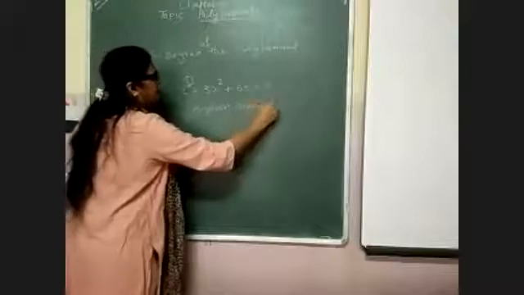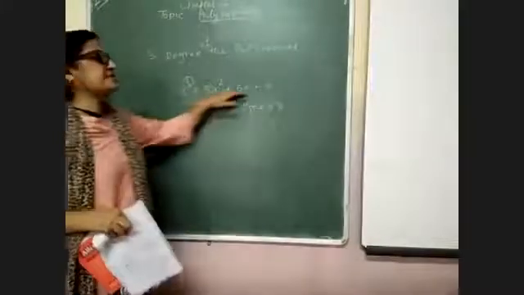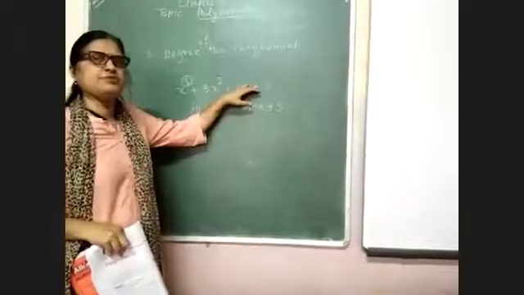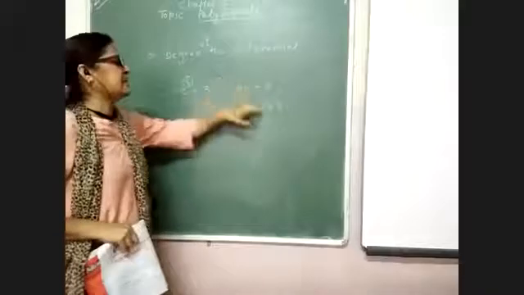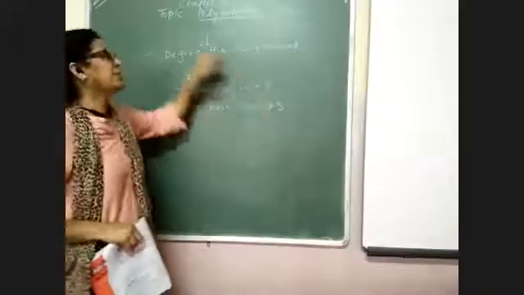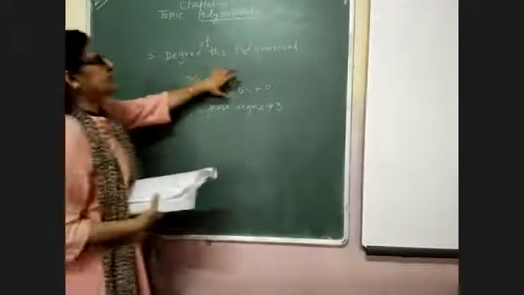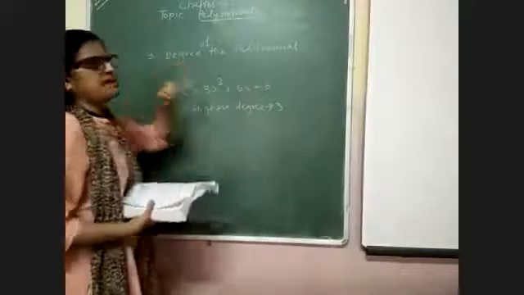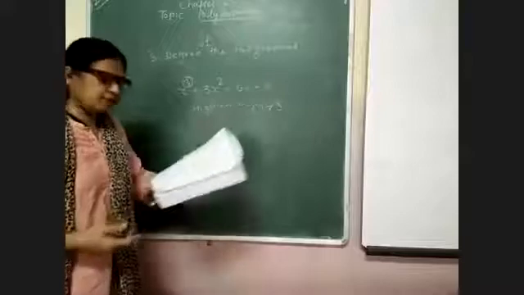So how will you find the degree? You will see that one variable is used in this polynomial. One variable is used, so you will see the highest degree. In this question, the highest degree is 3. So how will you find the degree of the polynomial? You will first see whether it is one variable or not. Then you will take the highest power. The highest power is the degree of the polynomial. Okay.